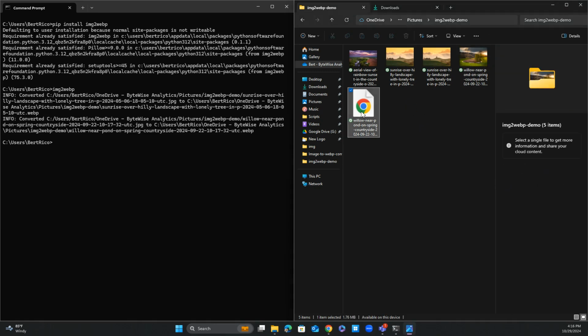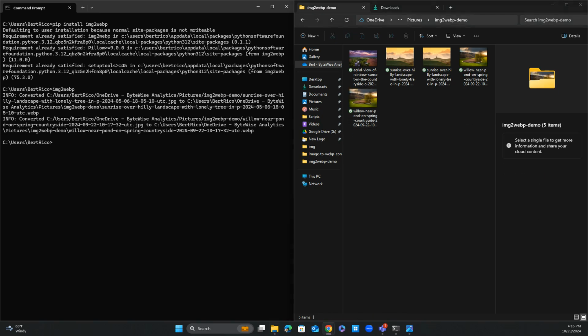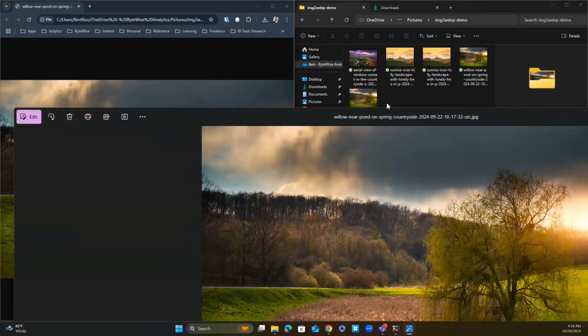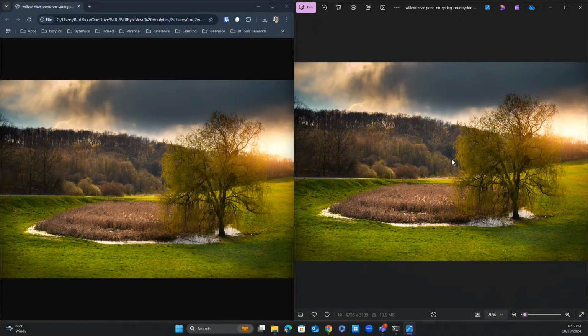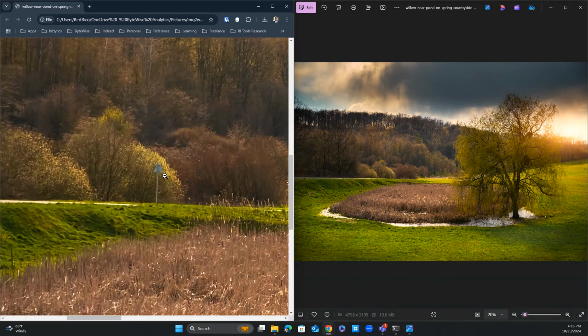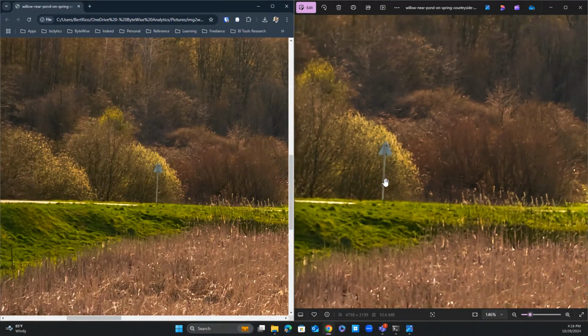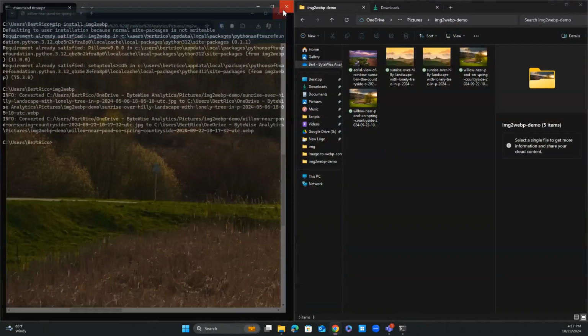So let's go ahead and open both of these up, and let's look at the quality side by side. So this one on the left here is the WebP, and then this one on the right is the original image. So you can see it's very similar quality. Let's say we'll zoom in over here on this sign. You can see what that sign looks like, and then here's the original. So almost no difference, and that's using that 0.8, and you saw significant savings on size there.